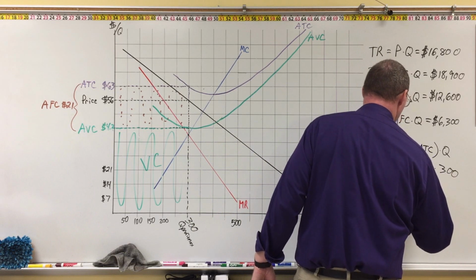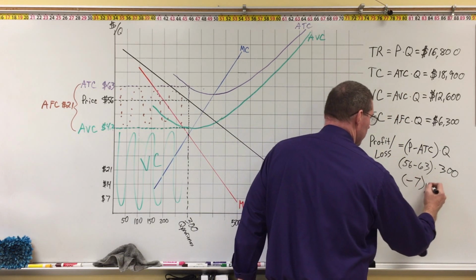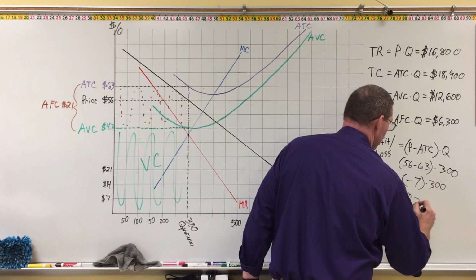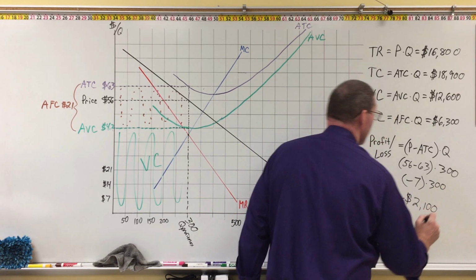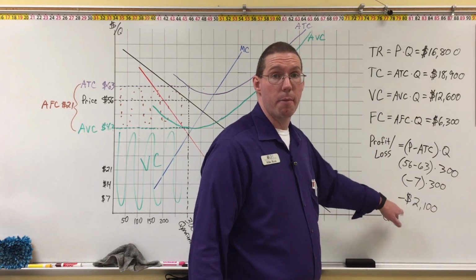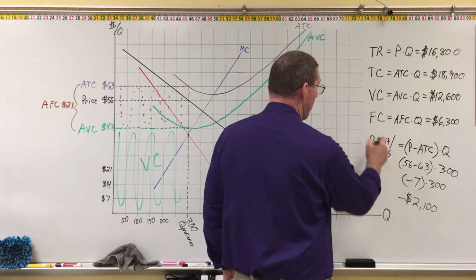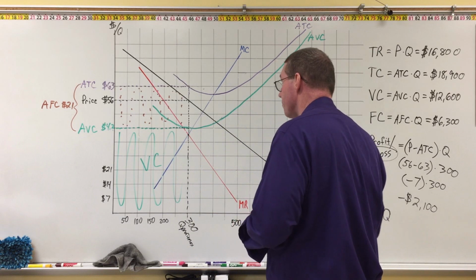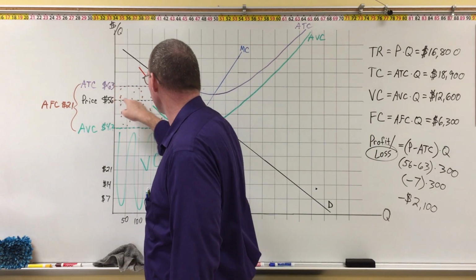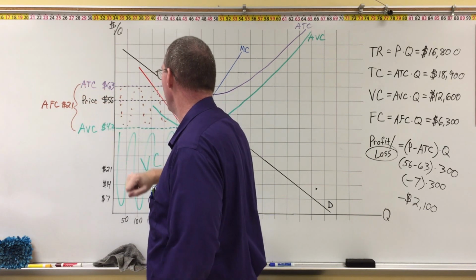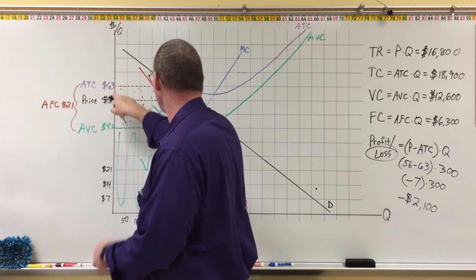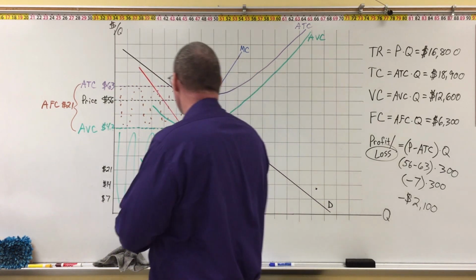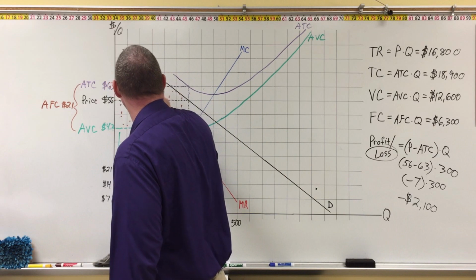So really what we're doing here is -7 times 300, which is going to give us negative $2,100. And because it's a negative number, that is a loss for the business. So it's not profit. In this particular case, we are calculating a loss. That rectangle is represented by this little tiny thing that runs between average total cost and price. So this little tiny rectangle in here, I'm going to put it in red, is representing a loss